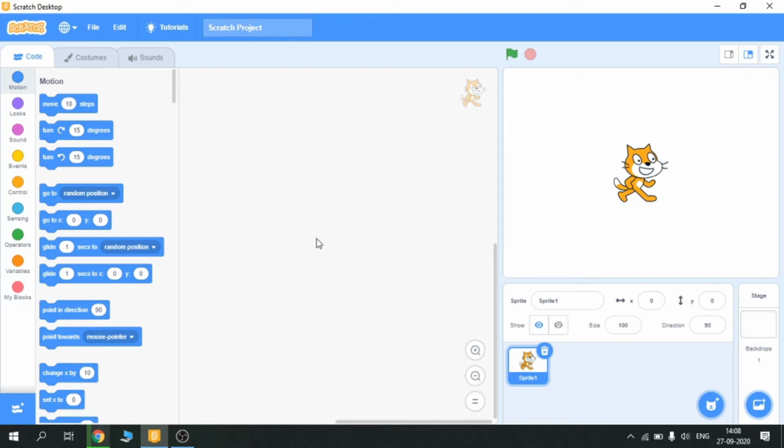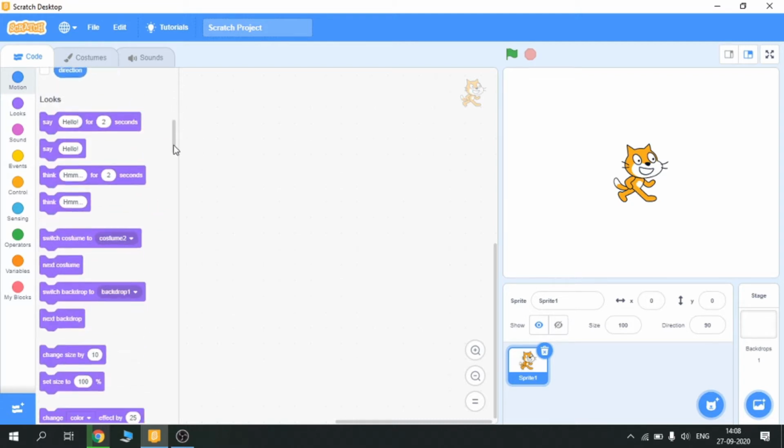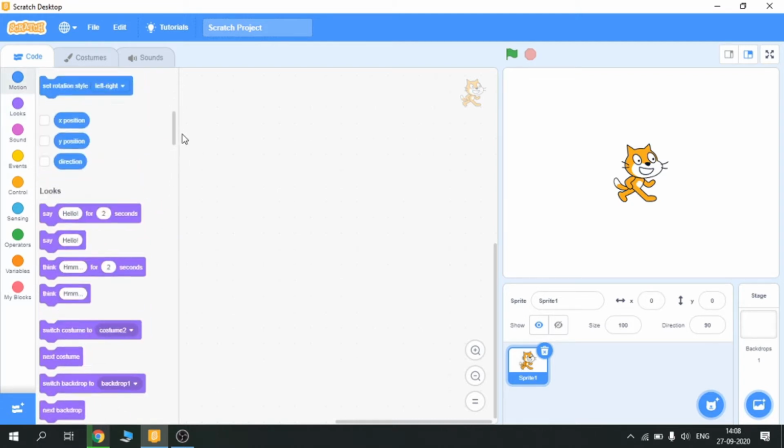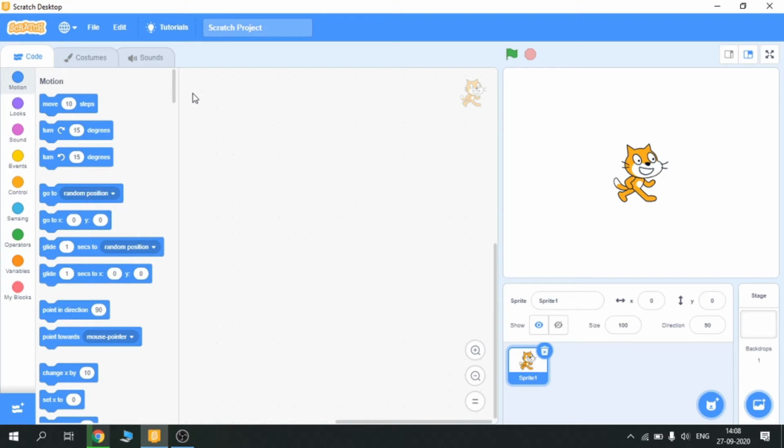So here I am going to tell you the very basics of Scratch, because Scratch is a block level programming language. So here these are called blocks, and it's a very easy programming language. You can easily learn, you just have to concentrate. So this cat is basically a sprite.